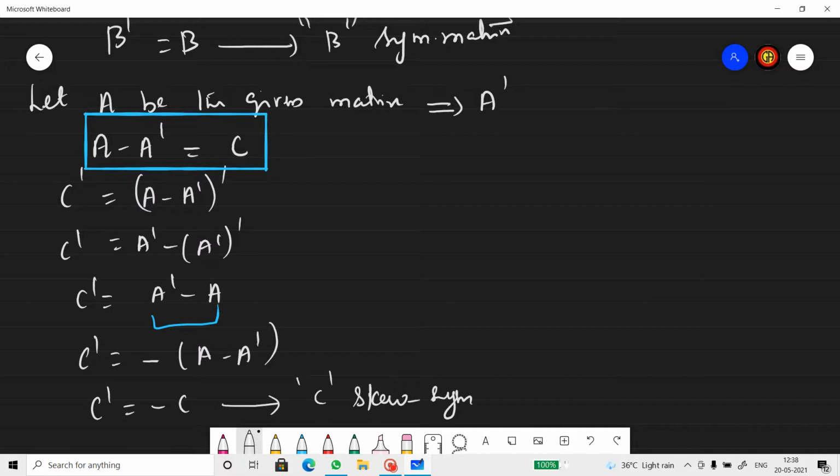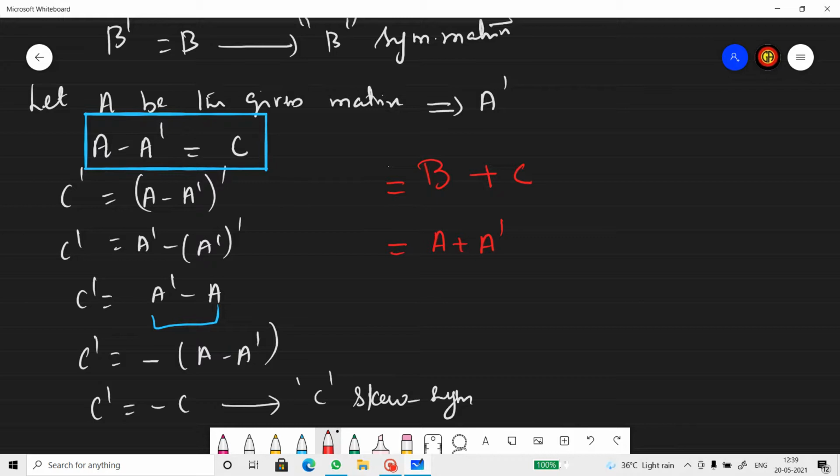Right? Alright, so A is a given matrix, you add its transpose to it, you form a new matrix B, and you found B is a symmetric matrix. Then you subtract A transpose from A, you form a new matrix called C. You transpose that, you find C is skew symmetric. Now, if I sum B and C, that means when I add B and C, will I be getting A? That's what I need to check.